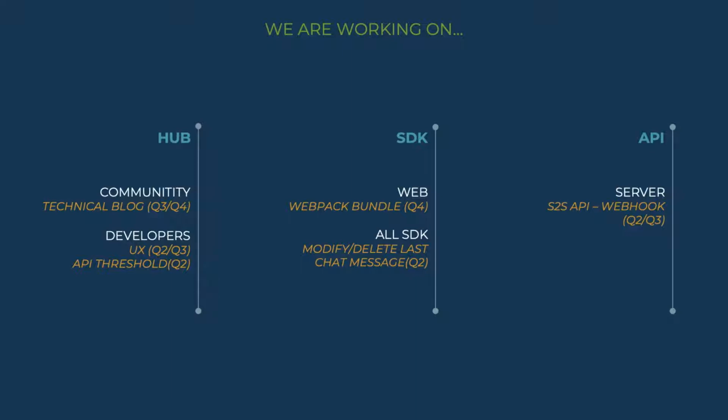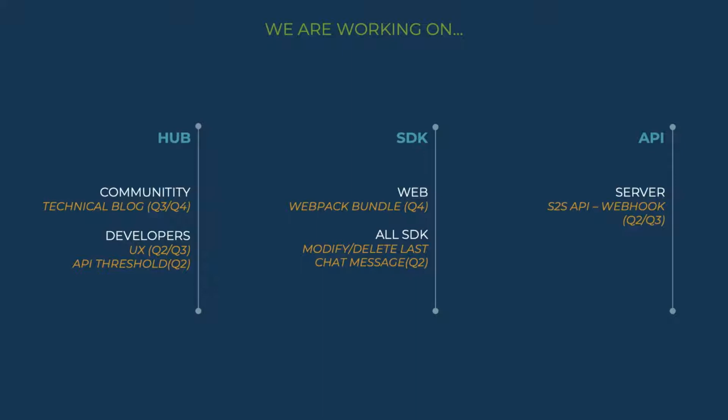Additionally, we will have more services, such as giving you the possibility to set a threshold on your API in order to be notified when you reach the free threshold on your application. If you are above the free threshold, you will be alerted, and you will have the possibility to block your application, but it will be up to you to decide if you only want to be notified or if you want to block your application completely, because if you do that, all your users will not be able to connect to Rainbow anymore.